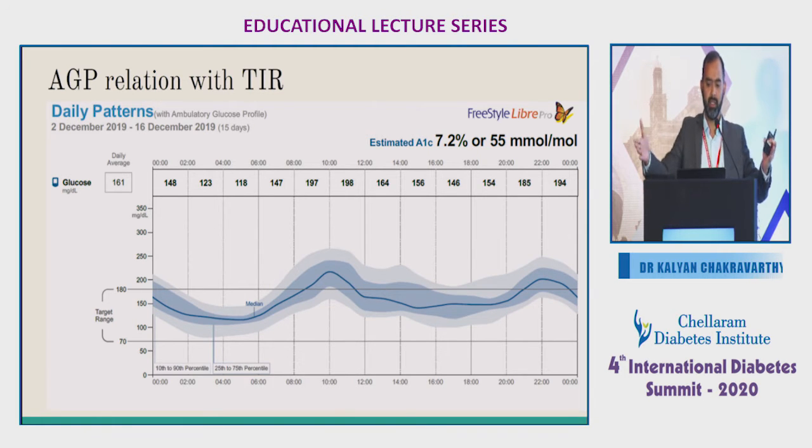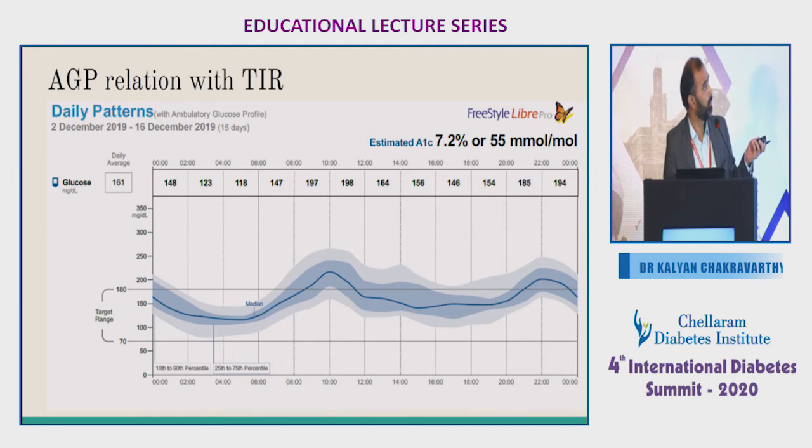So simple, this patient has an average curve, which is the same curve, running above 180 for a quite significant amount of time. So simply, if the median is above the target zone, you can assume that 50% of his values are above the target zone. If the upper border of the blue zone is above the target zone, you can say that 25% of his values are above. And so with the interdecile range as well.